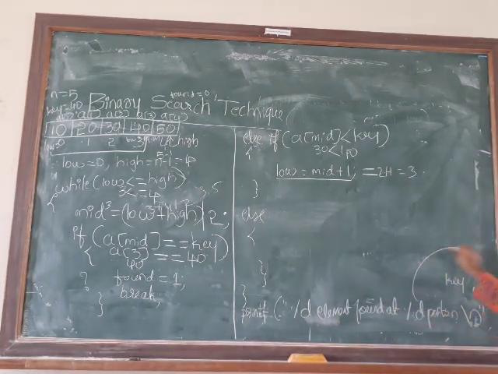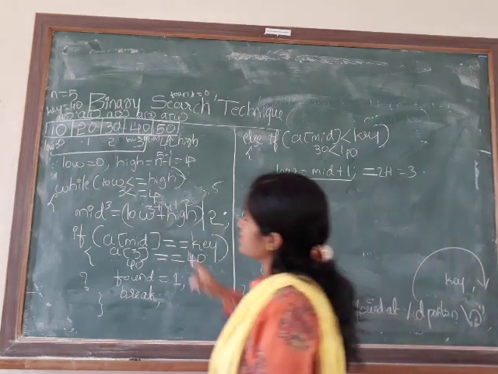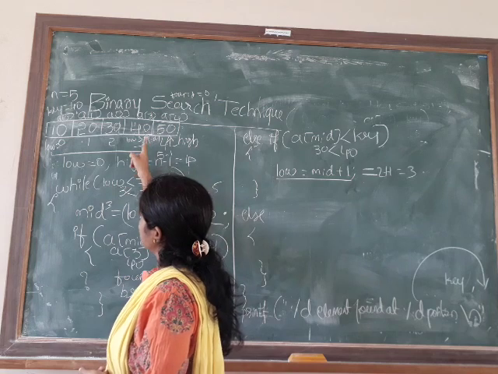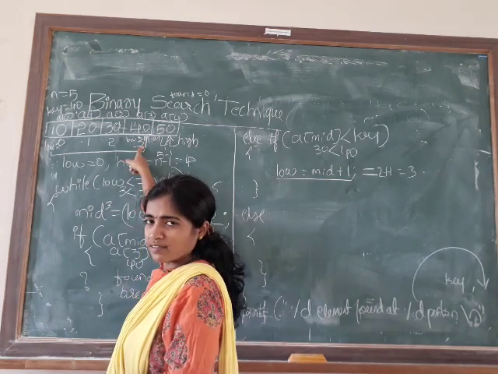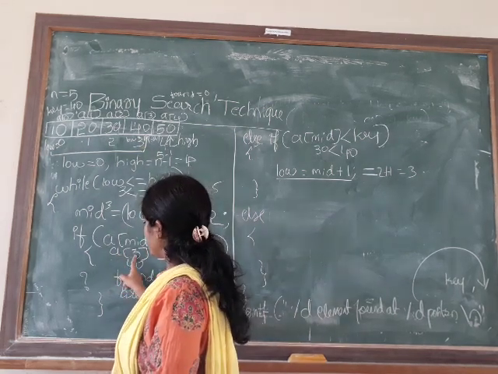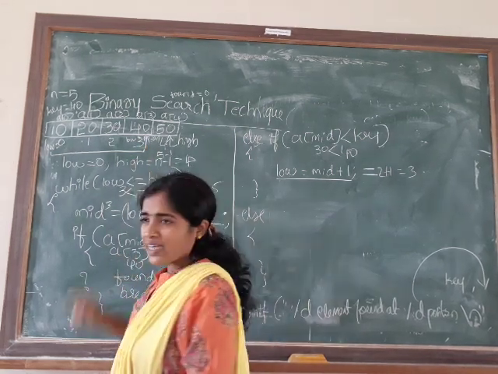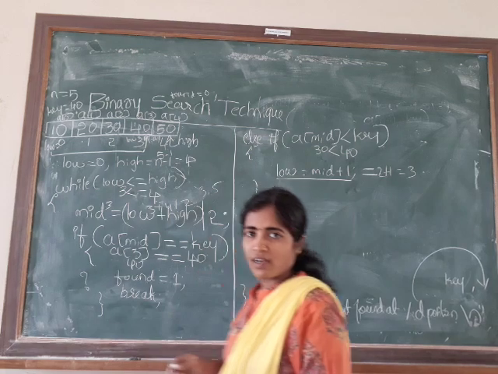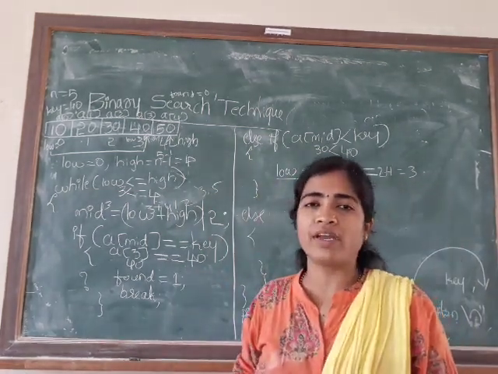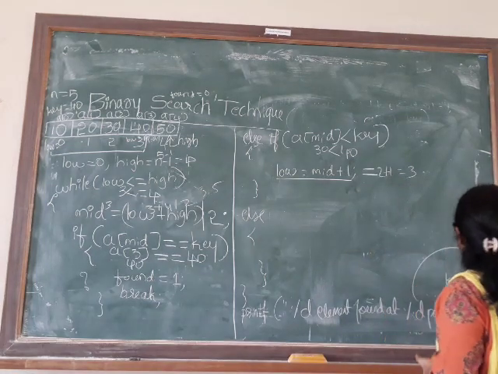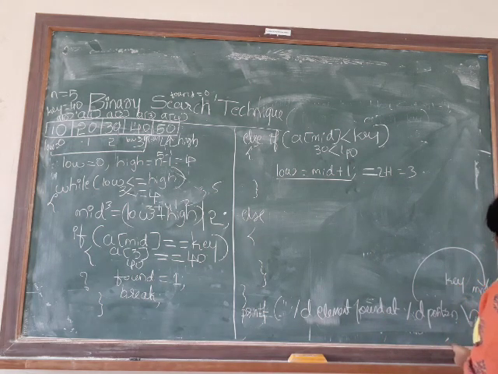What is the value it has to print here? The position has to be printed. So what is the position here? The position is the fourth position. In the sense, you agree that that is mid plus 1. My current value of mid is 3. You agree that that is mid plus 1? Yes. Okay, as I am starting the index from 0, it is better to take mid plus 1. That is the correct position. So it is mid plus 1.